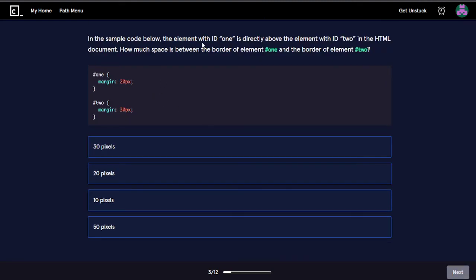In the sample code below, the element with ID 1 is directly above the element with ID 2 in the HTML document. How much space is between the border of element 1 and the border of element 2? So they're asking about the cumulative